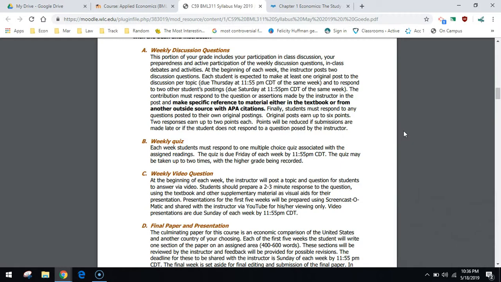So you have 2 initial posts to make by Thursday. You have 2 responses in each of the 2 discussion posts, so a total of 4 responses by Saturday. Make sure when you make your posts that you are citing information that you use in your posts and that those citations are in the APA format.